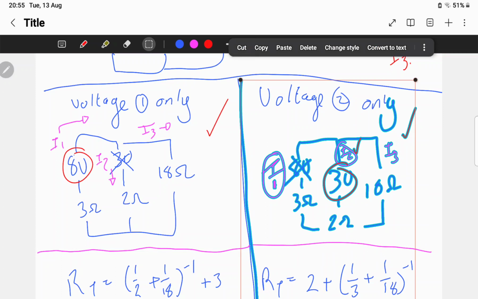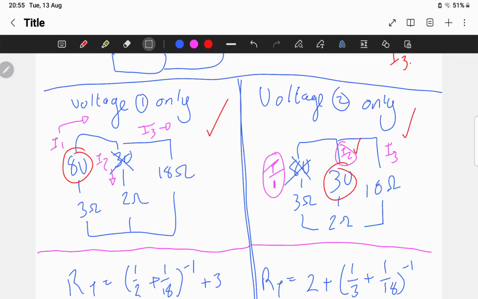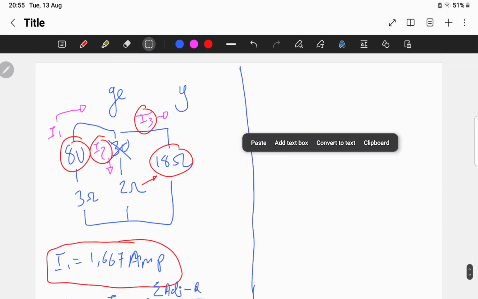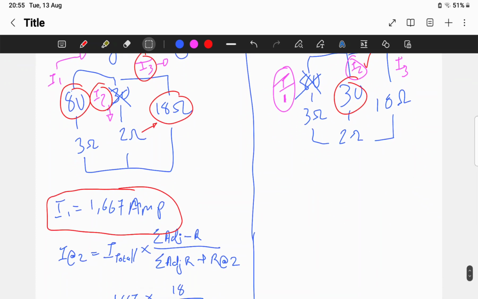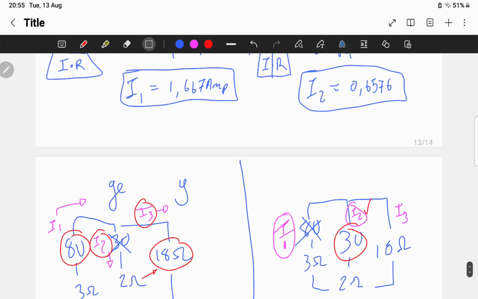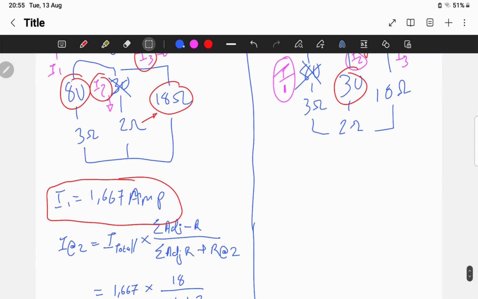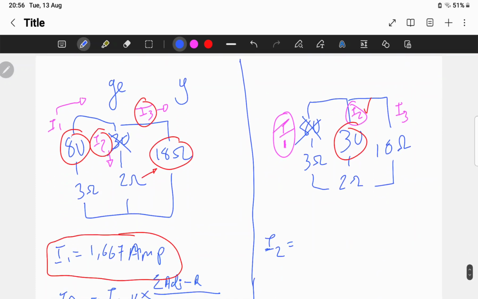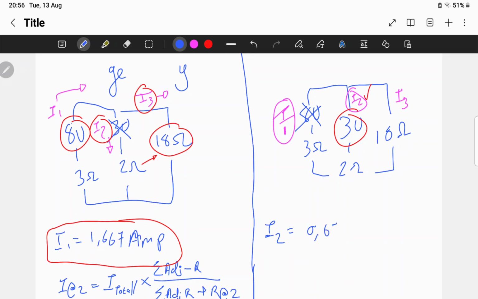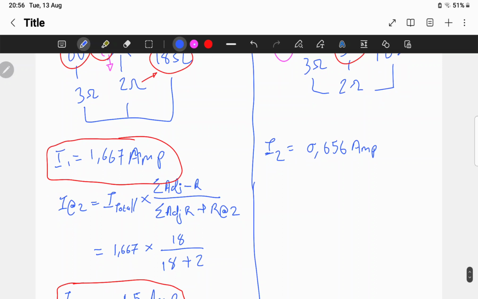So we're gonna just copy this one. Paste. So our I2 is equal to 0.656 amps, right? And then we're going to do